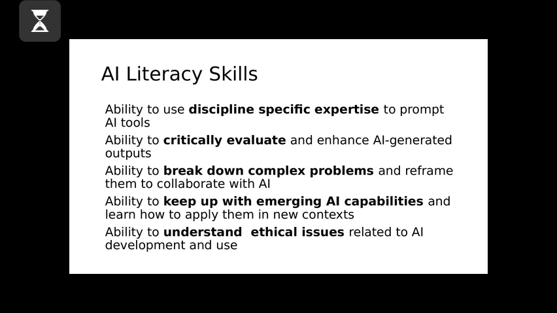So AI is rapidly evolving. Every day there are new tools, but I always recommend my students don't try to learn how to use every single tool, but try to develop an AI strategy. Because once you have a strategy, it's kind of like a toolbox for you. You can pick different parts of that toolbox and apply them in new contexts. So again, this is all related to the first three skills, right? You have to have expertise, you have to bring in critical thinking skills, you have to bring problem-solving skills, so that you can transfer those skills to new areas of AI.